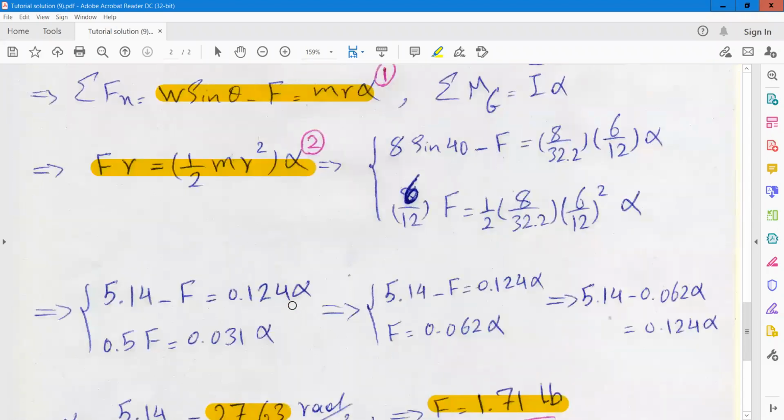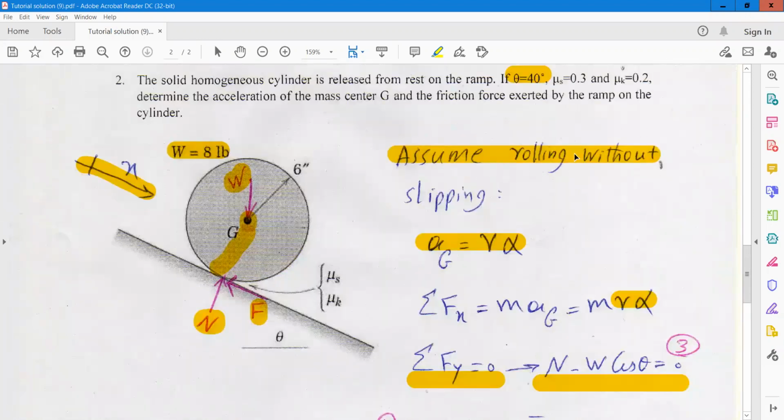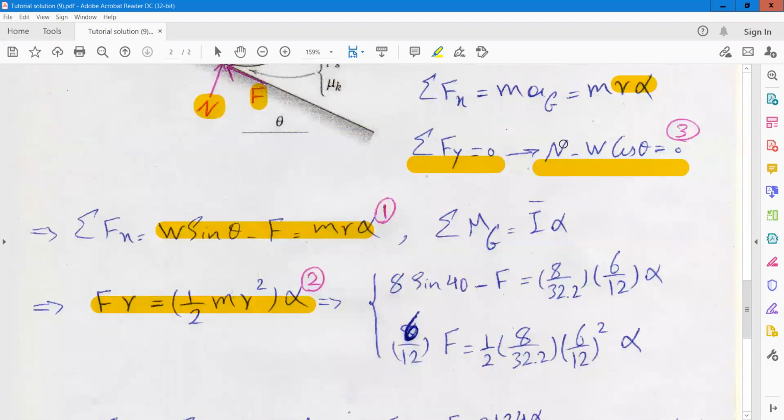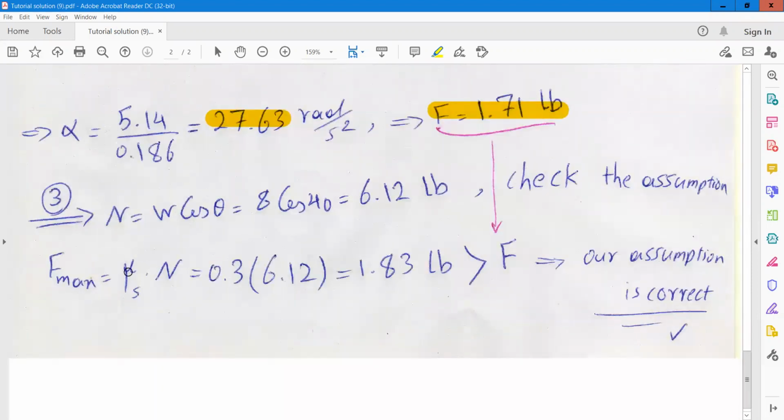Now you can check your initial assumption. We assumed that the motion is without slipping. We know that the maximum friction force is equal to mu s times N, where mu s in this question is 0.3. So 0.3 times N, and we obtain N from this equation here. You can obtain that N is equal to W cosine theta. So the maximum F is equal to mu s times N, or 0.3 times W cosine theta, which is